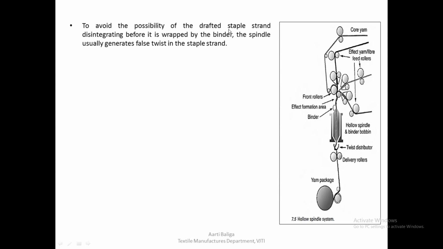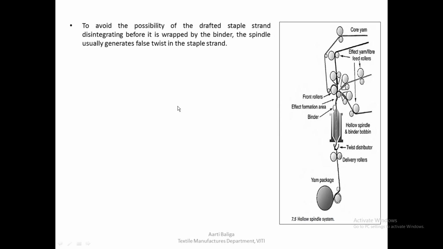To avoid the possibility of the drafted staple strand disintegrating before it is wrapped by the binder, the spindle usually generates false twist in the staple strand. So the spindle will produce a false twist in this particular strand so as to avoid the effect and the core yarn falling apart, because sometimes the effect yarn consists of, say, staple fibers or the sliver that is being drafted and fed. So to avoid it disintegrating in this region, a false twist is introduced in